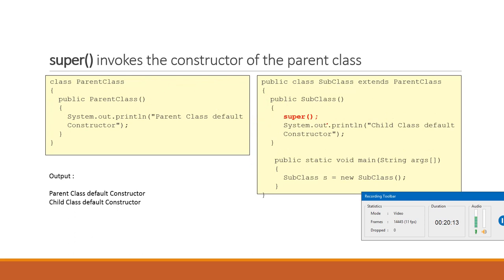Now the difference between the previous program and this program is, we have just written the super keyword, whereas in the previous program the super keyword is not mentioned. If you don't write the keyword super, it will not be an error in case of a parameterless constructor for the parent class. But if it is a parameterized constructor and you don't write the super keyword, it will give you an error. So in this case we will get the same output. Okay, so now going ahead.